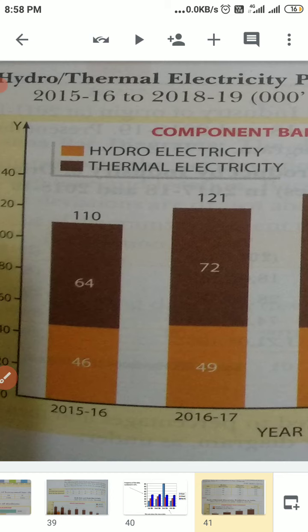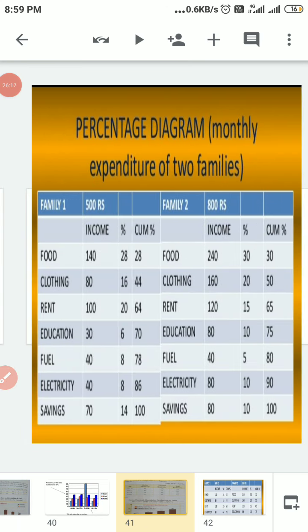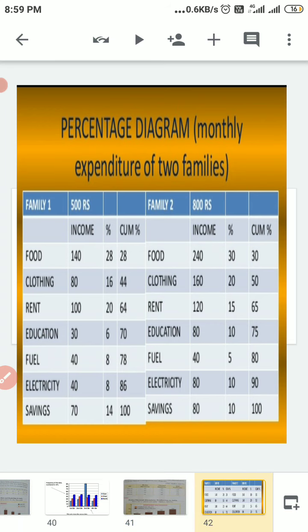Now next is the percentage bar diagram. In the percentage bar diagram, we have to calculate the percentage first. Whatever the data is given, we have to show its percentage. If the percentage is already given, then there is no need to calculate the percentage. Otherwise, you can see in this example,